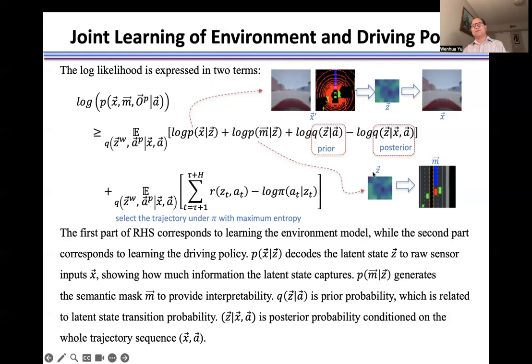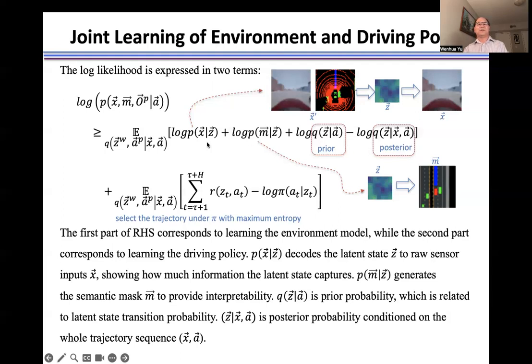That means from this latent state, what are the most important factors that affect the driving behavior. As I mentioned previously, red is the self-driving vehicle, blue is the future trajectory, and green boxes are the surrounding vehicles. And this one is just the prior, and this is the posterior.